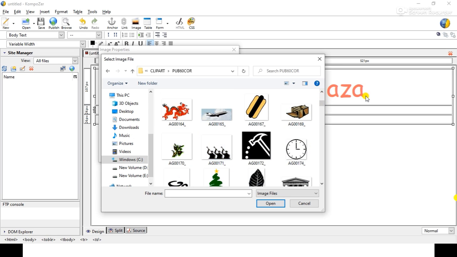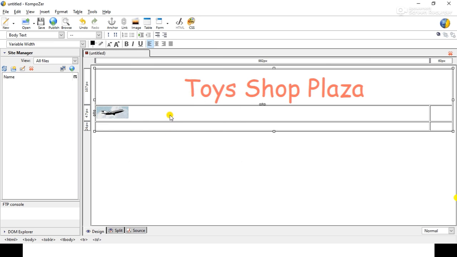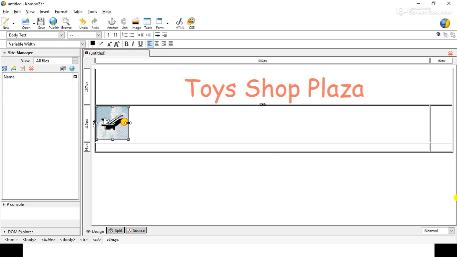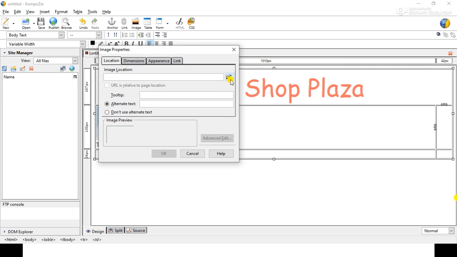Suppose we are selecting this and open, and we will select this do not use alternate text and OK. Now you can resize this image also by clicking on that and dragging it from the points. Now this is a toy plane, so we will write toy plane. Now similarly we will insert the second image also, image, browse,